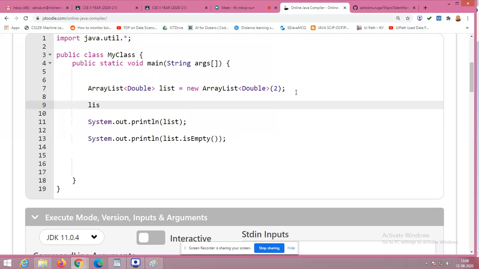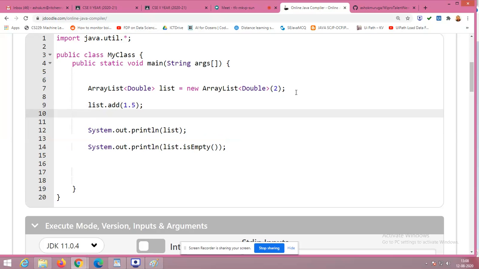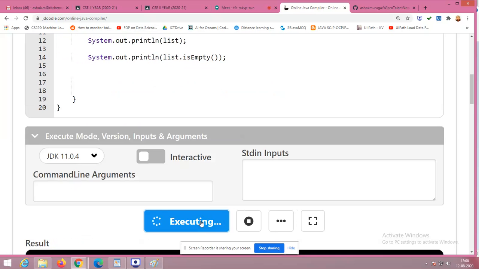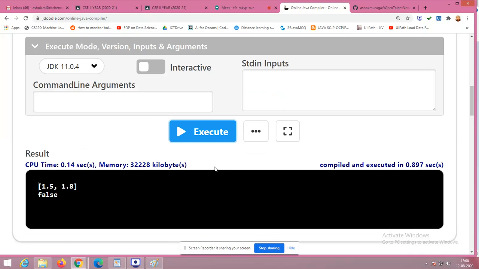So for example, list.add of 1.5. Next, list.add of 1.8. So like this I have added. Now if you run the program, that's it, it returns false.